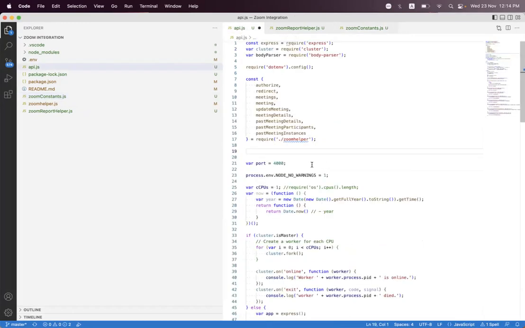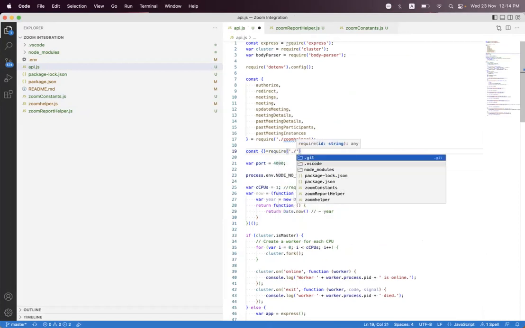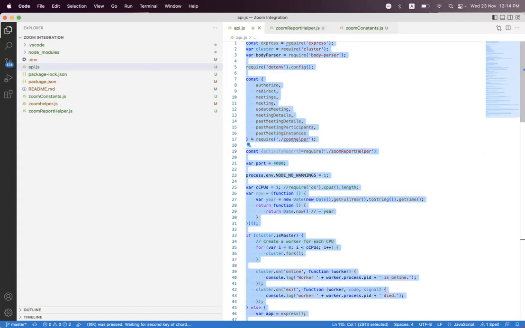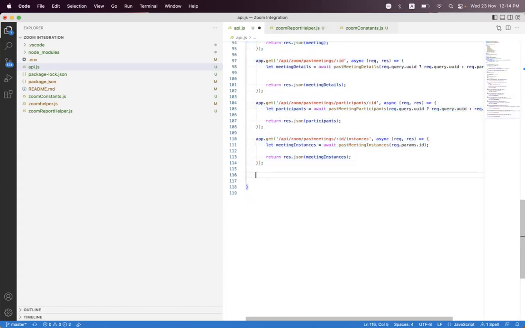So we just need to import const, require. We first import the Zoom report helper, then we import the activityReport, and at the bottom we build an endpoint called